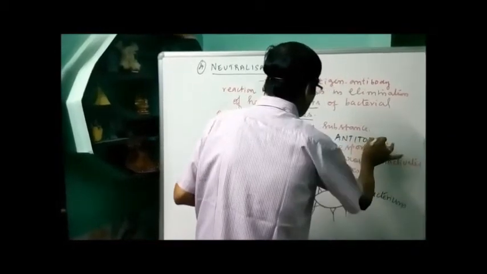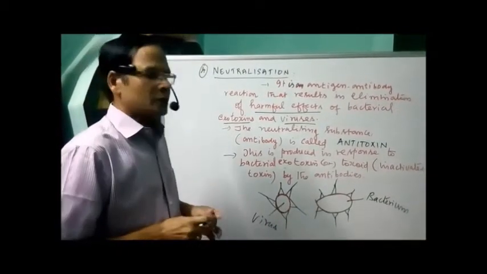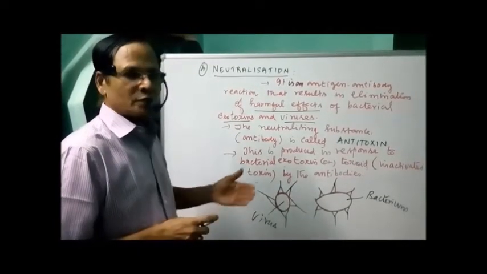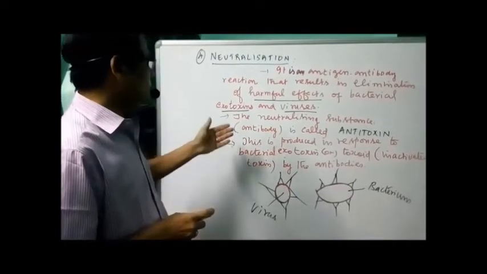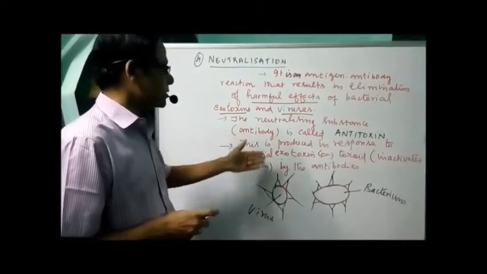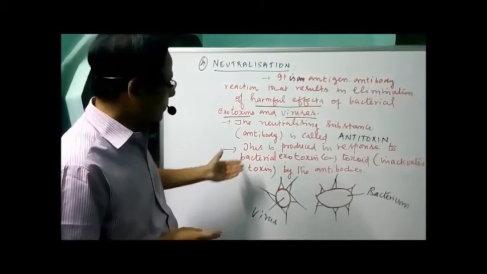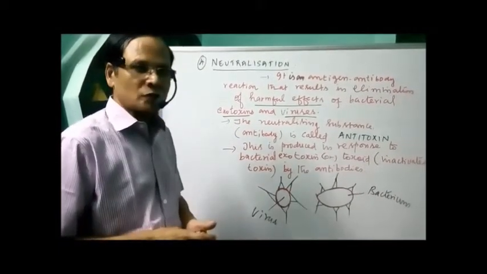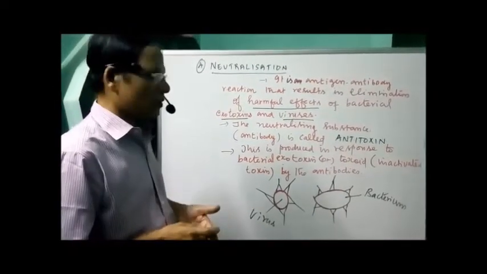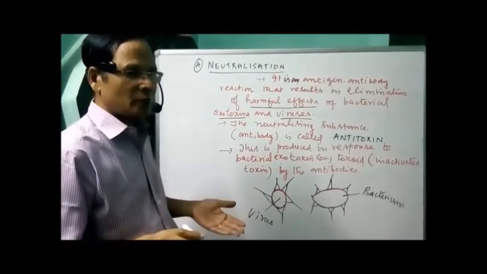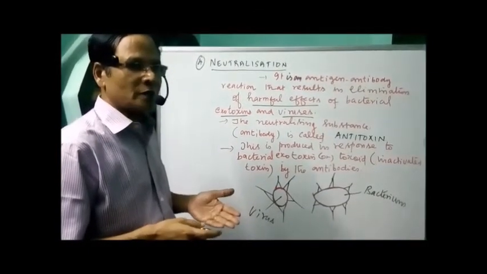The antibody here which is involved is called antitoxin. Okay, so we have agglutinin, precipitate, opsonins, antitoxin. So the neutralizing substance, nothing but an antibody, is called antitoxin. This is produced in response to the bacterial exotoxin or toxoid, the inactivated toxin, by the antibodies, or we can say by specific immune